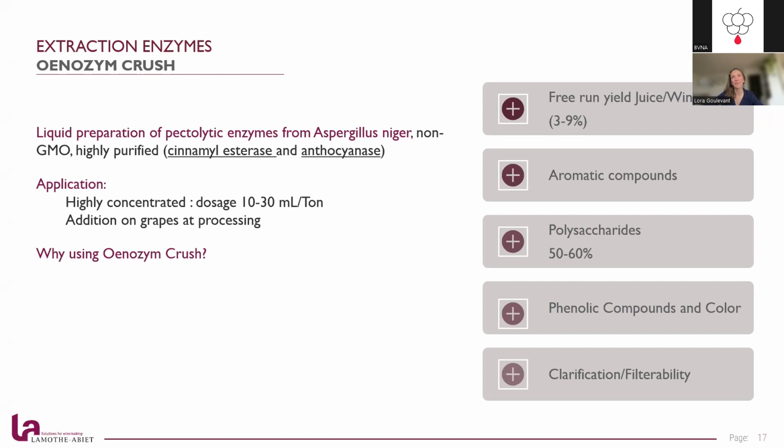Being able to release more polysaccharides will help your wine to be more protein stable. And for sparkling wine, you will have a better foam stability, but it also helps stabilize the color. Tartaric stability is also helped, and it will improve the mouthfeel and the roundness on the palate. It will also extract more phenolic compounds and color. So early extraction of tannins will help your wine